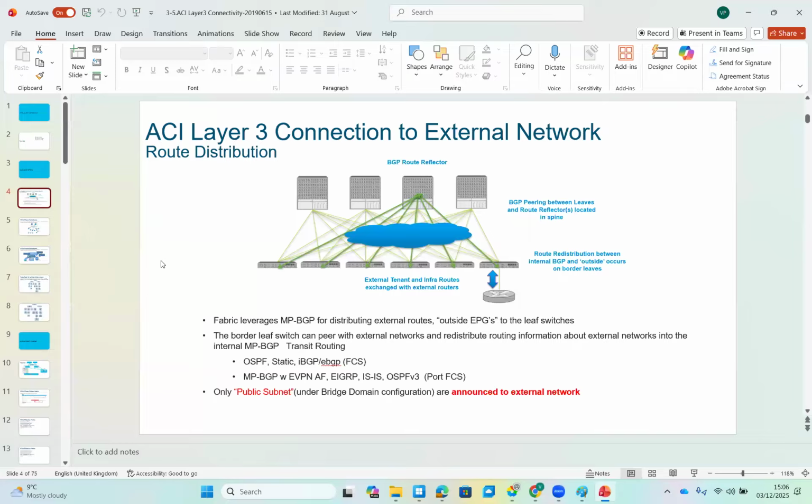When I say the external connectivity to ACI, unlike the traditional architecture where you configure L3 out or the external connectivity to the core device or to the core router, here just